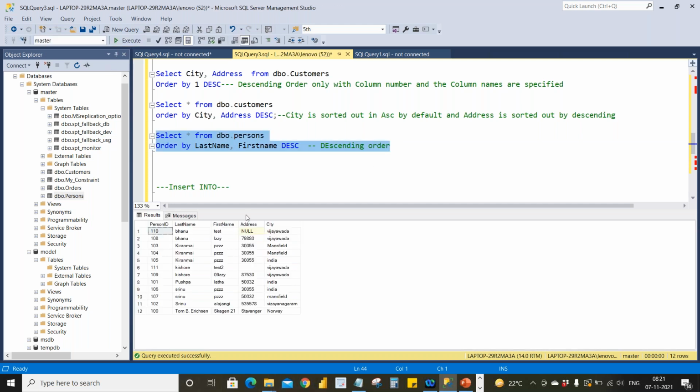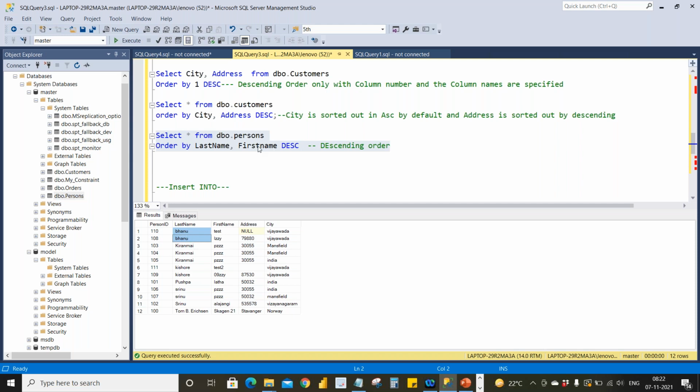So I have given order by last name, first name, descending order. Let's see last name. Okay, last name should be sorted in ascending order. So B being the smallest in the A to Z letters, then we have two B's over here. Then what happens?